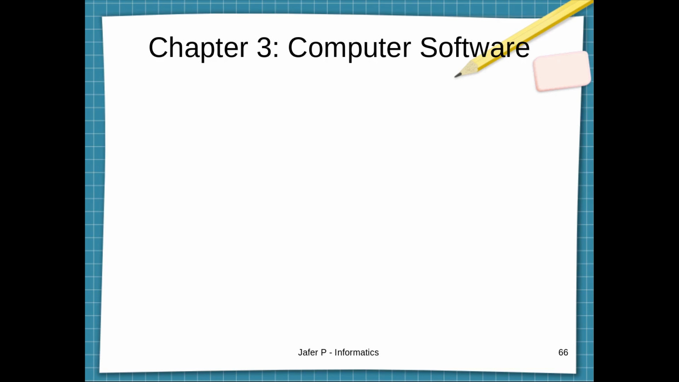Today we are moving to third chapter of Informatics. It's called Computer Software. In this chapter we are going to study different topics related to computer software. It includes the introduction of computer software,